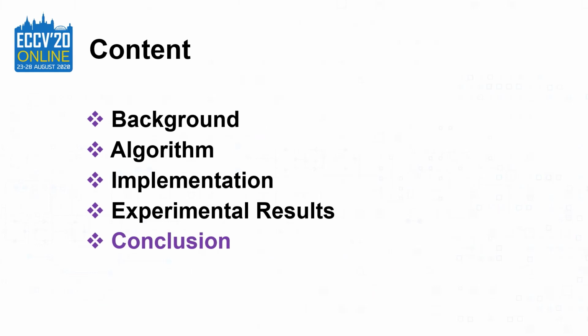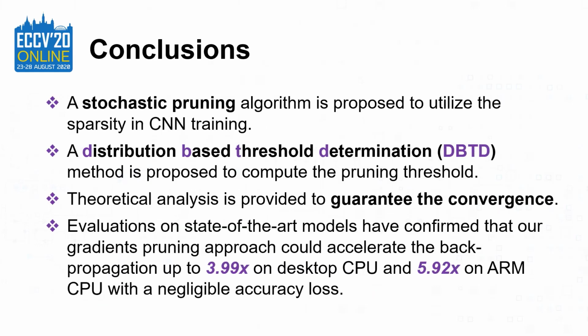As a conclusion, in this work, a stochastic pruning algorithm is proposed to utilize the sparsity in CNN training. We also designed a distribution-based threshold determination (DBTD) method to compute the pruning threshold. Theoretical analysis is provided to guarantee the convergence. Besides, evaluations on state-of-the-art models have confirmed that our gradients pruning approach could accelerate the back-propagation up to 3.99 times on desktop CPU and 5.92 times on ARM CPU with a